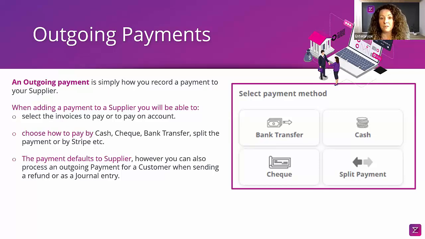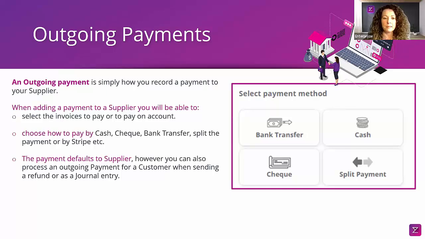So, if you have a nominal amount, for example, if you're processing an incoming payment and somebody has over or underpaid you, and maybe it's only a very small amount, there is a tick box to write off those amounts. So do be aware of the functionality that is there on screen. Perhaps you haven't noticed that. In particular, when it comes to writing off amounts directly on the payment screen, you can handle it directly from there. I'm talking about nominal, quite small amounts that you might want to post off to a bank charges or a bank difference account or whatever you have defined as part of your GL account